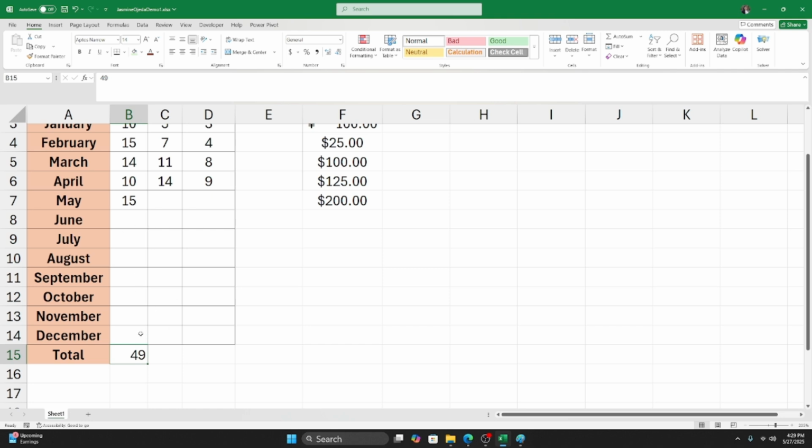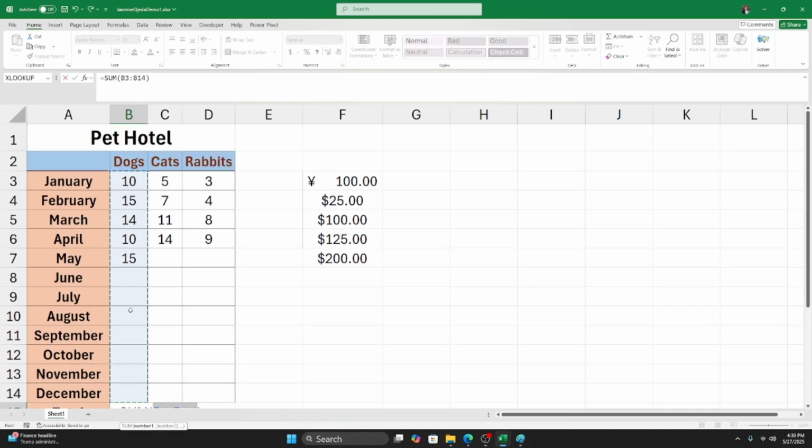So you don't have to do it all on your own. You can use something called AutoSum. So delete what's in that total cell. All right. And select the cell. I'm going to have you go to your Home tab and go all the way to the group towards the right called Editing. You're going to see a button called AutoSum. I'm going to have you click on the AutoSum button. So it has the backwards E, the fancy backwards E. Click on the button